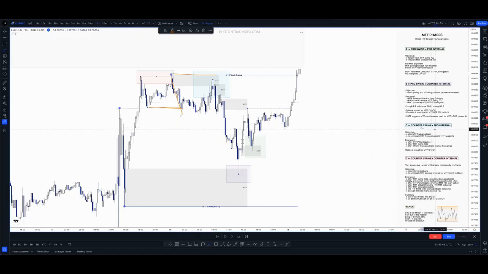So now we are counter swing and we are pro internal. Now, yes, there's still potential that we haven't mitigated our high time frame level. So we could literally just go higher. There's always that in the back of your mind. We have not yet had a strong liquidation. This was just a sweep of a weak high, right? So this could be your fake break